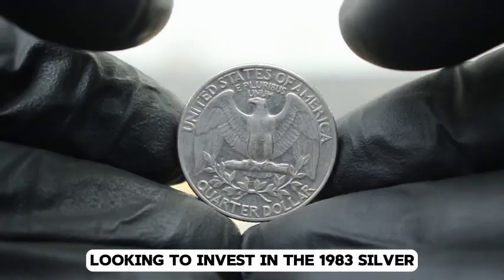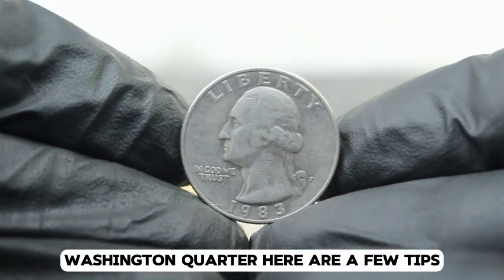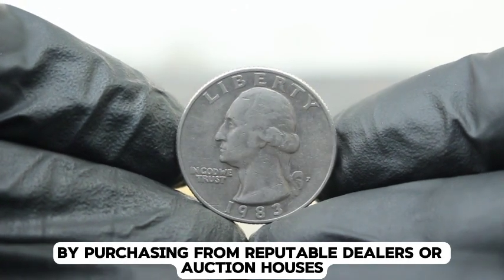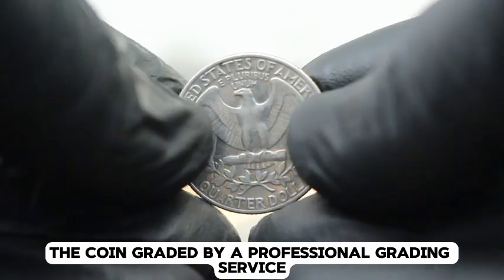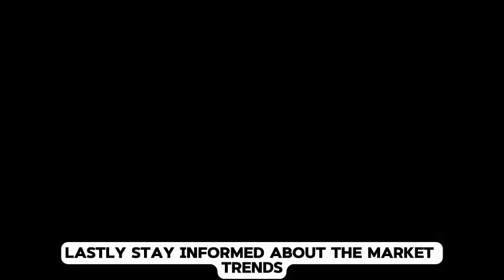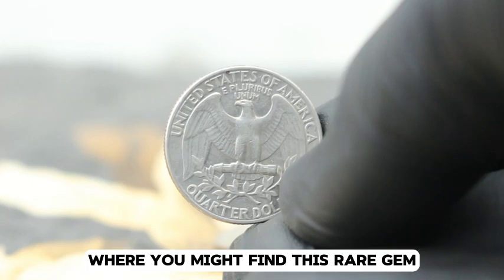If you're a collector looking to invest in the 1983 silver Washington quarter, here are a few tips. First, always ensure the authenticity of the coin by purchasing from reputable dealers or auction houses. Second, consider getting the coin graded by a professional grading service, as this can help verify its condition and authenticity. Lastly, stay informed about the market trends and keep an eye on upcoming auctions where you might find this rare